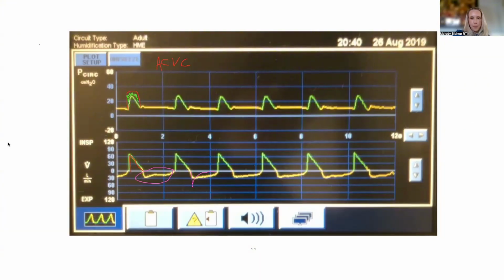So if I look at the bottom again, let's say this dark red line, if we drew the P mus, we would say the P mus starts here, right? Goes all the way down, and then at the end of the breath stops, maybe not, right? Maybe the patient's just working the whole time, right?